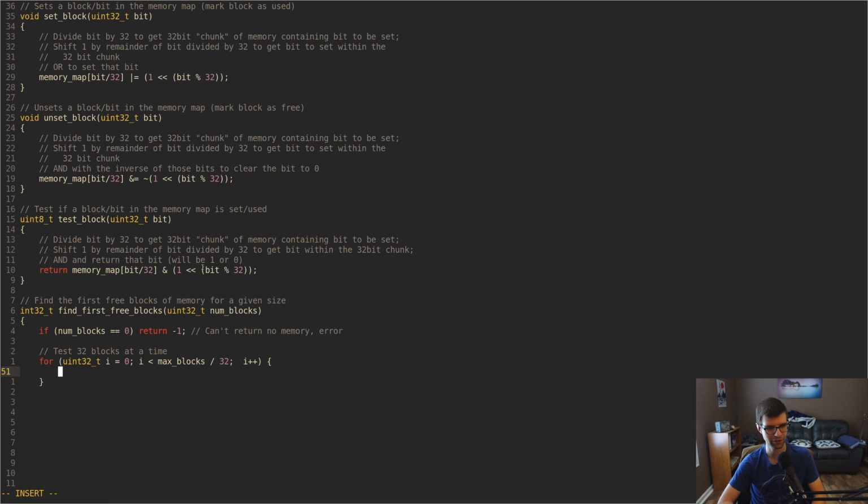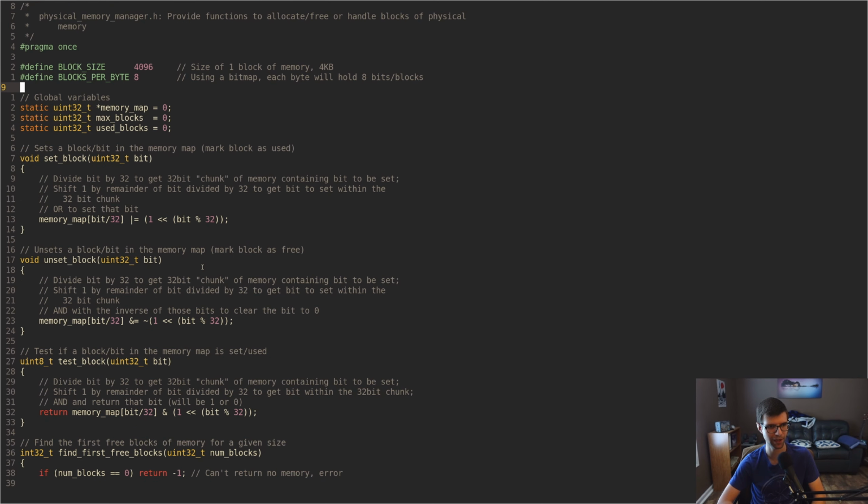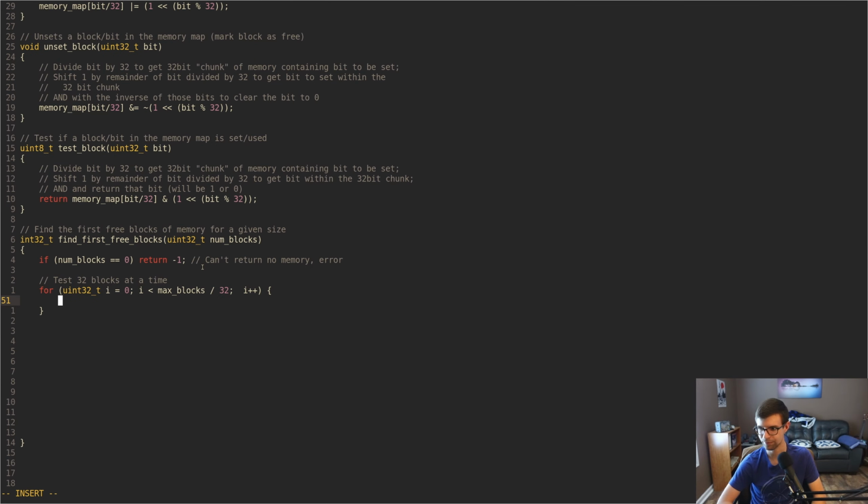So i is going to go through the max number of blocks that we have divided by 32. We'll figure out the max number of blocks later, just right now, 32 blocks at a time, because i can be a 32-bit integer, and each 32 bits will be 32 blocks that we're handling, because we're doing a bitmap. So for each i here, until we get to the maximum limit in the number of blocks we have, which will be the end of allocated memory,